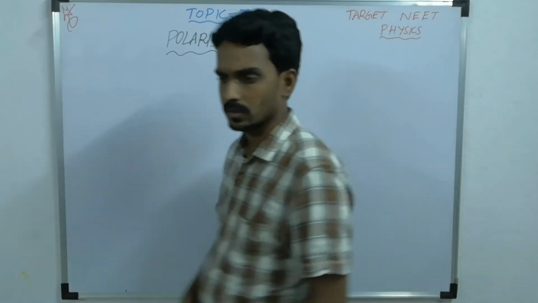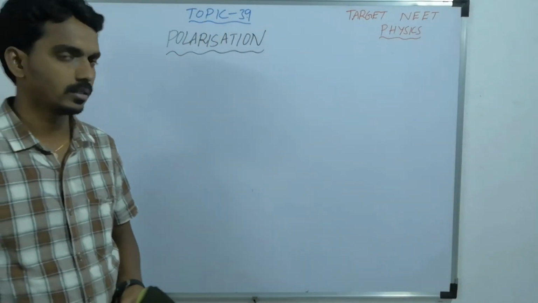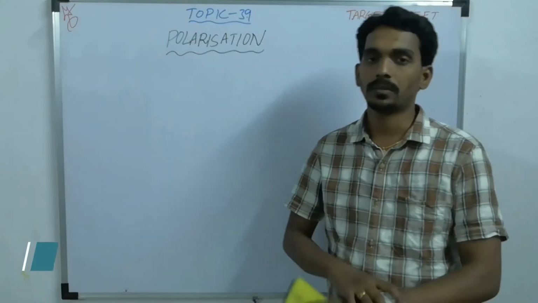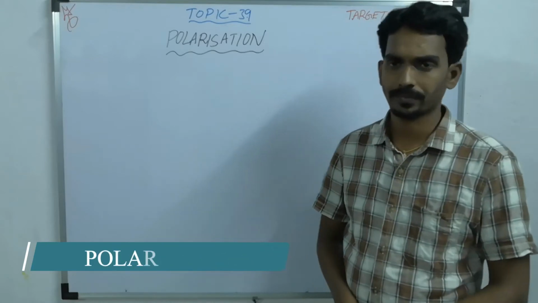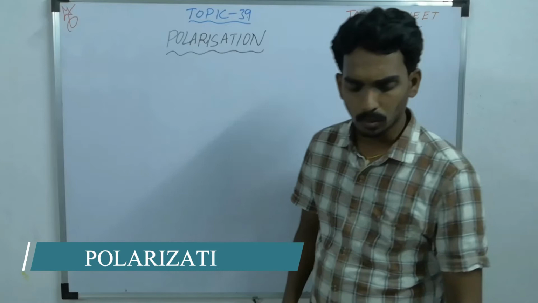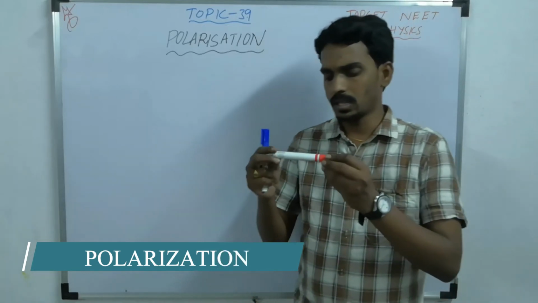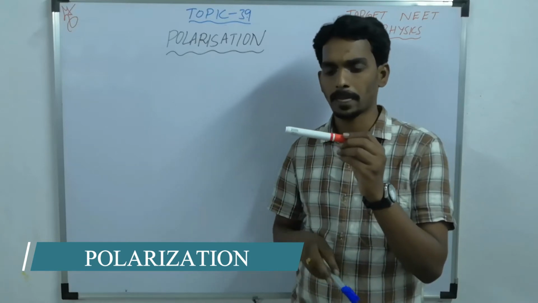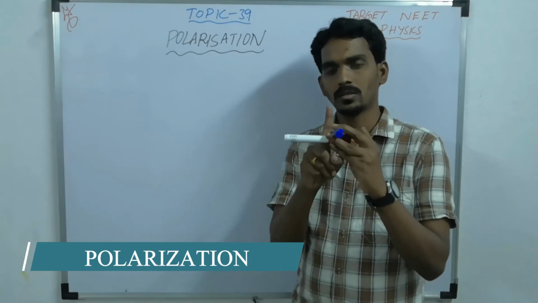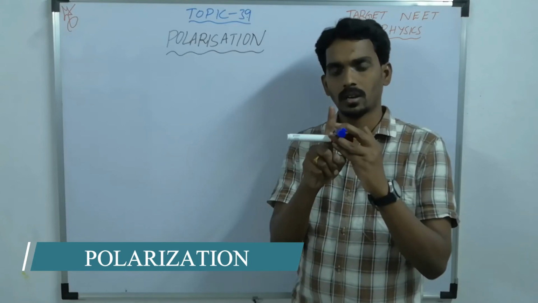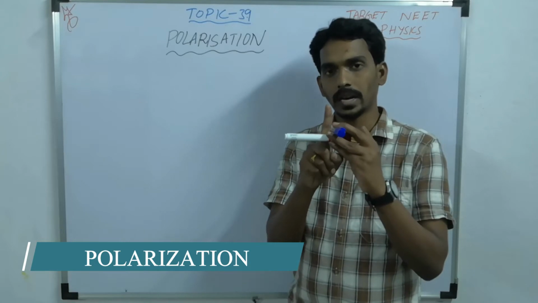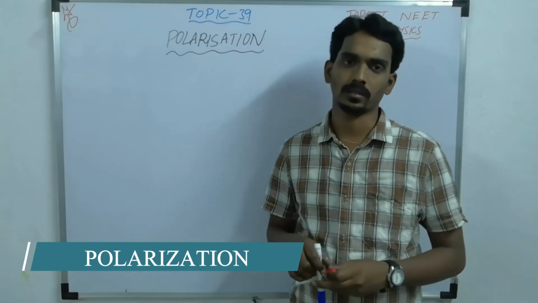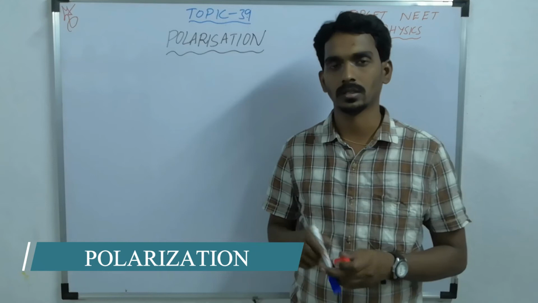The topic is polarization, one of the simplest topics at this level, and it is based on two different laws. Usually questions will come from it. Light is an electromagnetic wave. If this is the direction of propagation, there is one electric field and one magnetic field oscillating at every point in such a way that all three are perpendicular to each other.